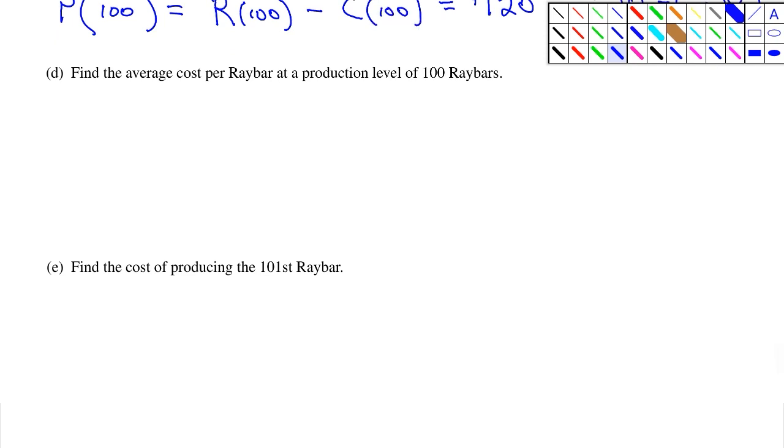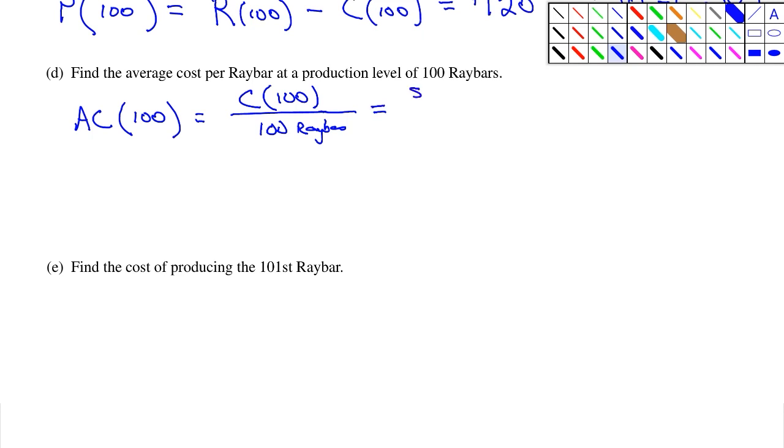Part D, find the average cost per ray bar at a production level of 100. All right, so average cost at 100 is equal to the cost at 100 divided by 100 ray bars. And what was the cost at 100? $90 per 100 ray bars. And so that's going to be 90 cents